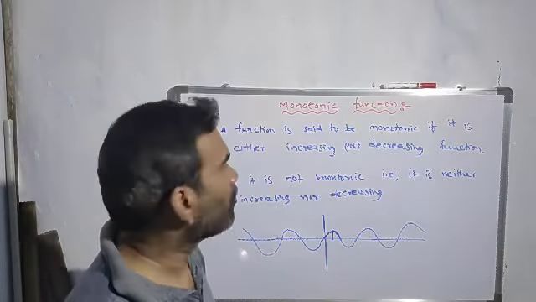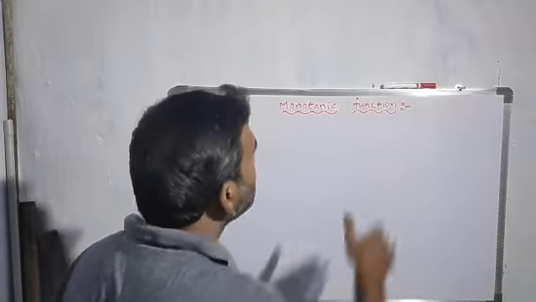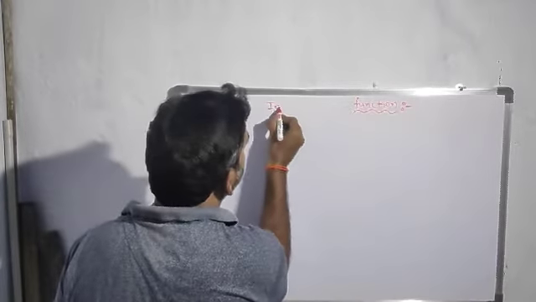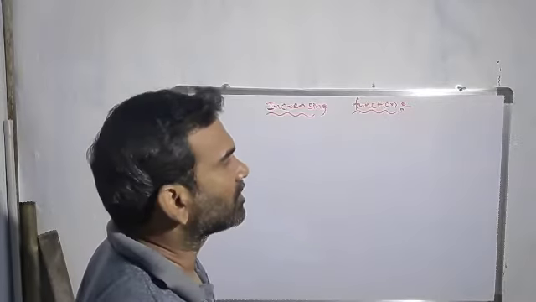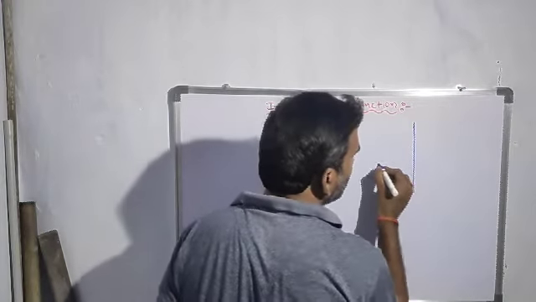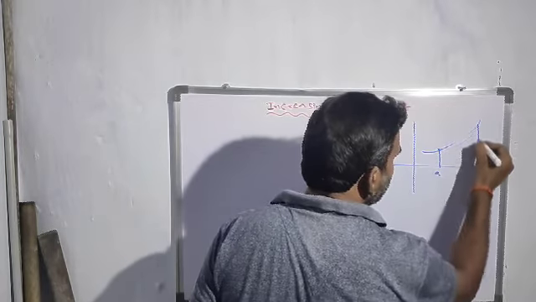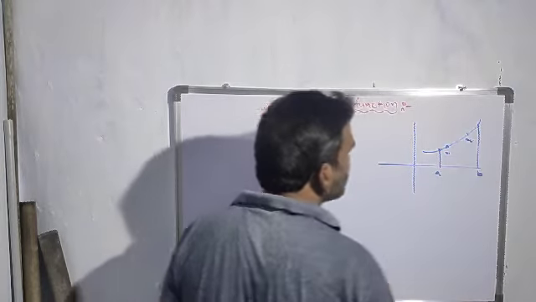So now we just discussed about the increasing function and decreasing function. So now we have to discuss about increasing function. Here I am taking one graph, like this. It is A and this one is B. Here I am taking x1, this one is x2.